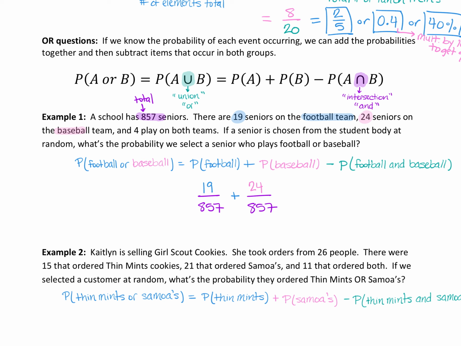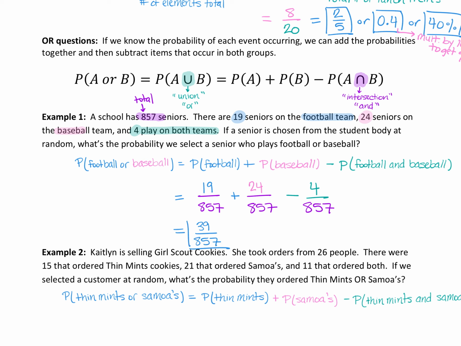And that is 4 that play on both teams. So we have to subtract out the 4 that are on both teams. And so when we type that into our calculator, we end up getting 39 out of